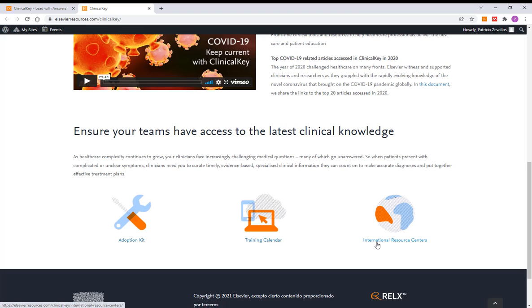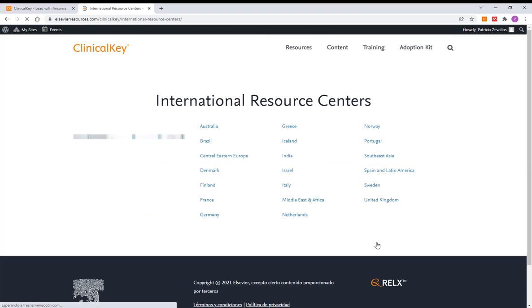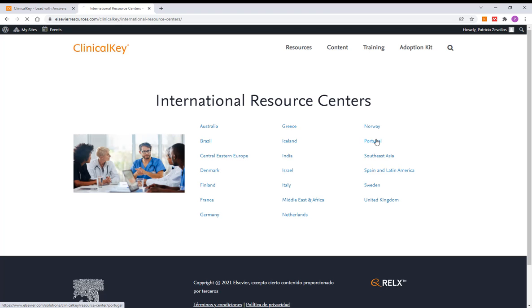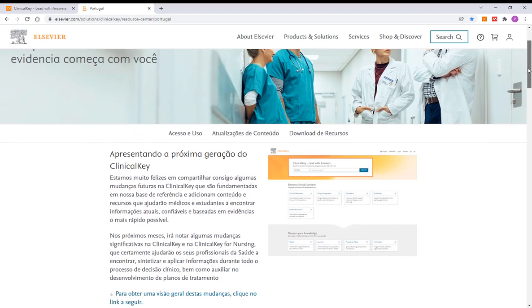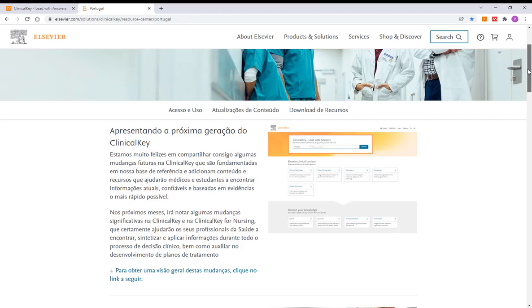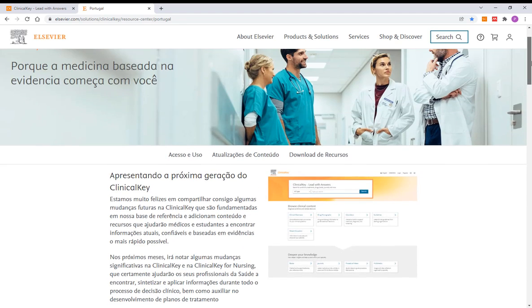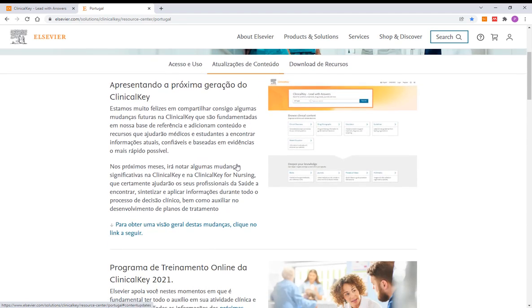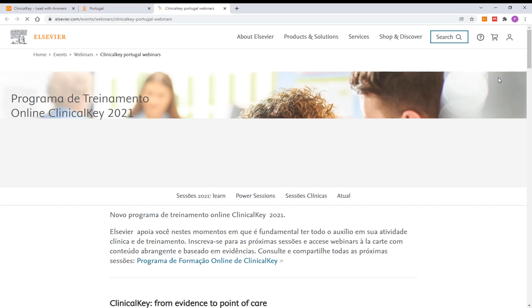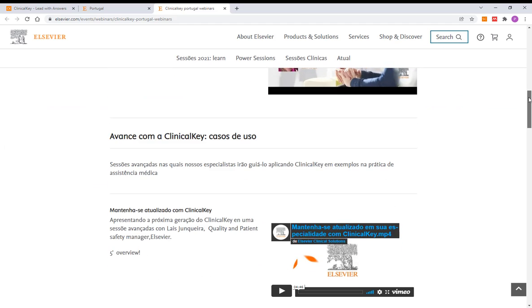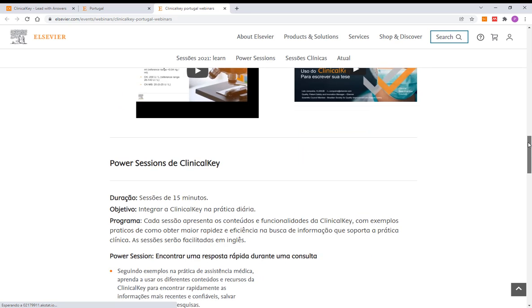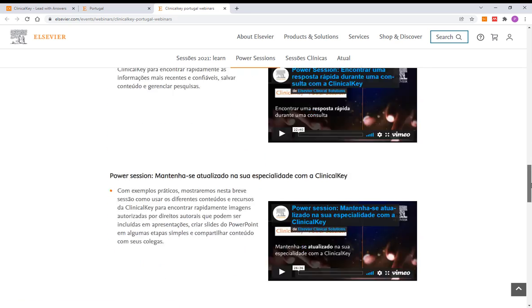Going down in International Resource Center and going directly to the one for Portugal, you are going to see information in Portuguese with not only access, updates of content and download resources, and here you will have trainings, and in trainings you will be updated with all the videos and different cases using Clinical Key in English and in Portuguese.